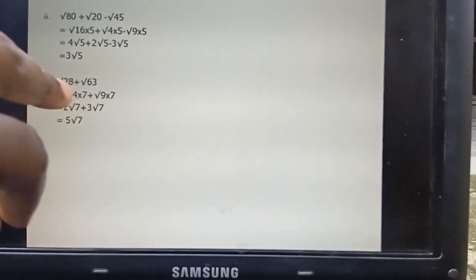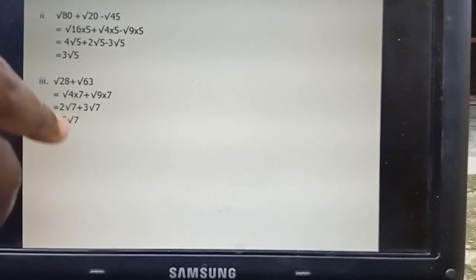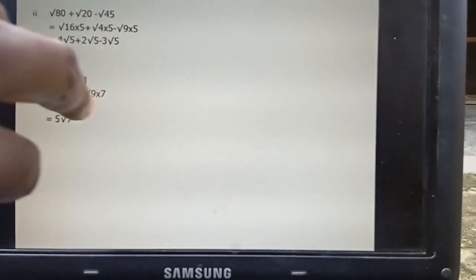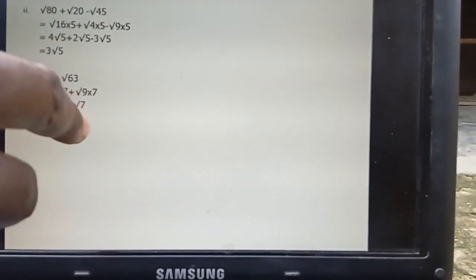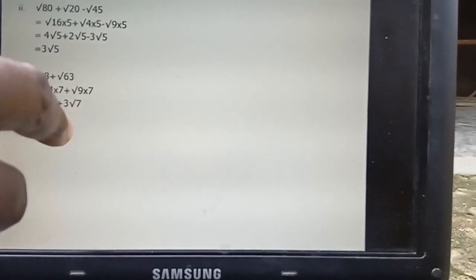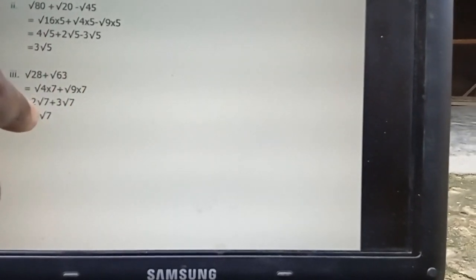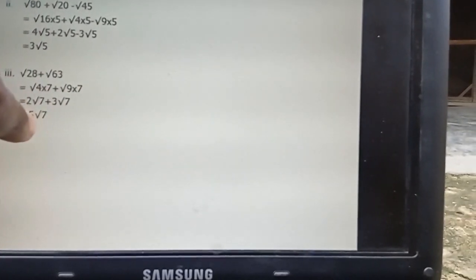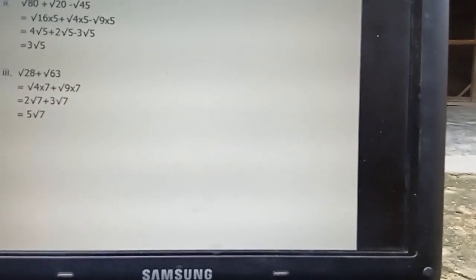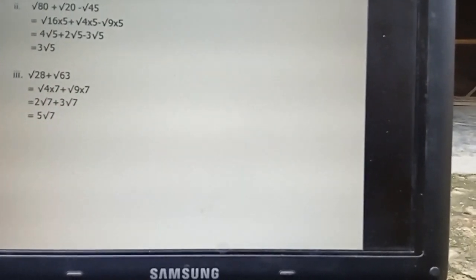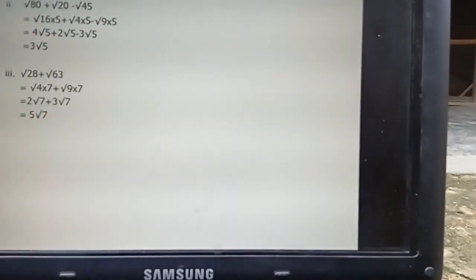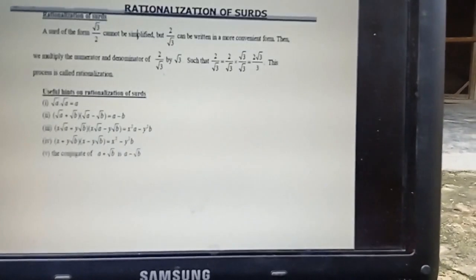Also this one. 4 times 7, it will give you this. Then square root of 4 is 2 plus this one. It will give you 5, 2 plus 3, 5. Then what? 7. Is that clear? Root of 9 is 3. Then